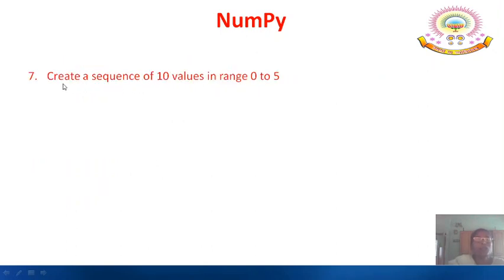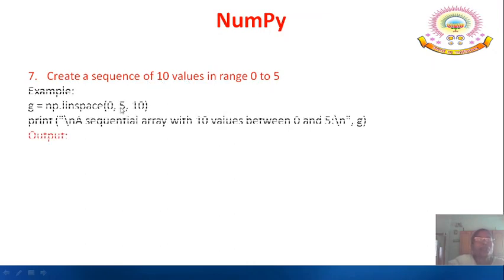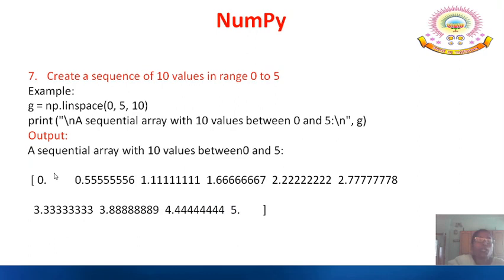The next one, we want to create a sequence of 10 values in the range 0 to 5. For this we are going to use a function called linspace. In this linspace you are specifying the starting number, the ending number, and you want 10 values to be created. Whenever you are using linspace, it will generate a sequence of numbers with certain spacing.